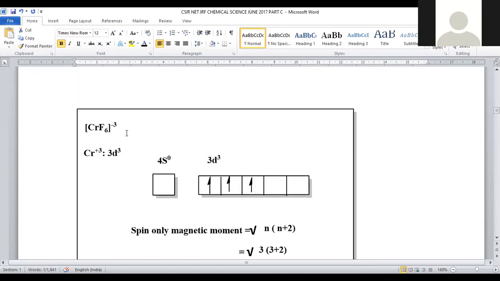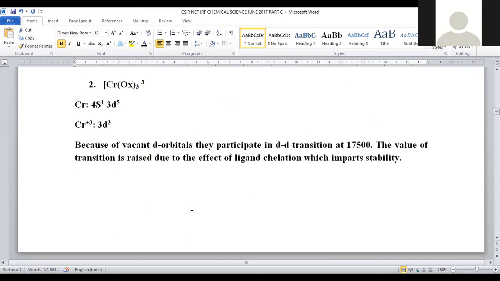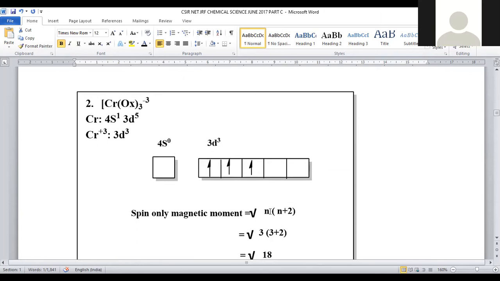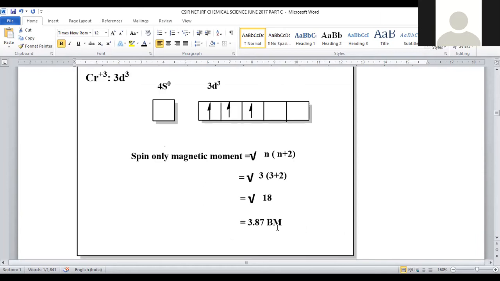This is the magnetic moment of the chromium hexafluoro complex. When we consider the chromium tris oxalato complex, in this tris oxalato also 3 unpaired electrons are there. So the magnetic moment value remains the same because of 3 odd electrons, even though it is a low spin complex. But after 3 electrons, only the 4th electron will decide high spin nature. Up to 3 electrons, it is common for high spin and low spin. Occupation will remain the same and the magnetic moment will remain the same. That's the reason why the square root of n into n plus 2 formula is employed and the 3.87 Bohr magnetons value is provided for this complex also.